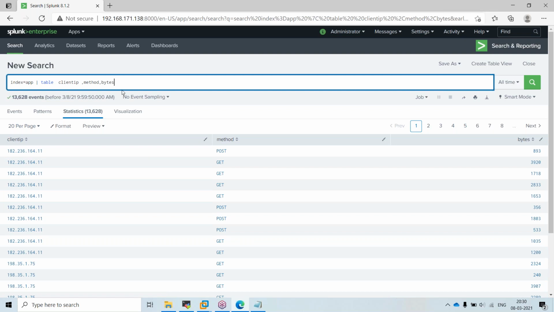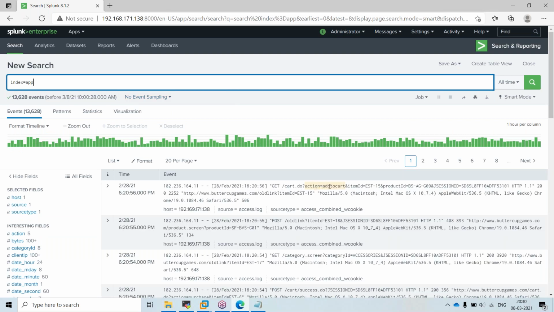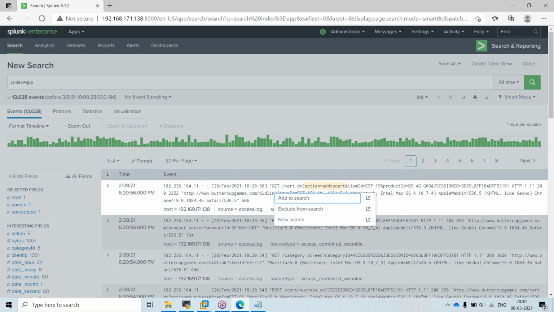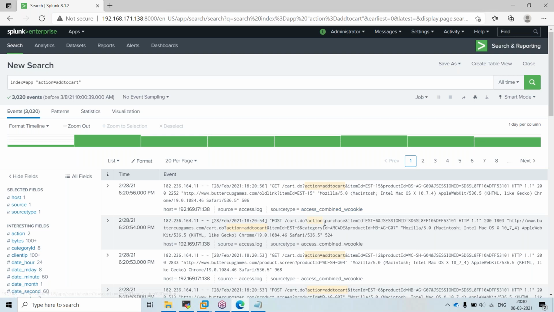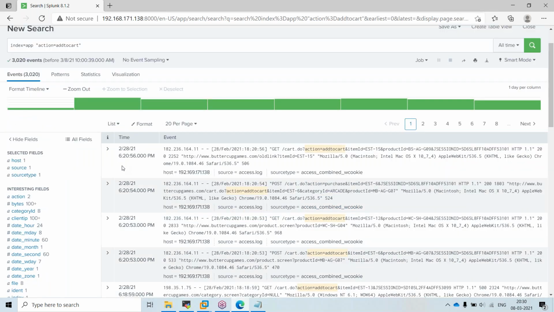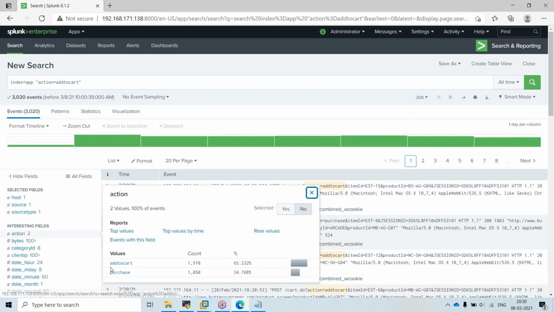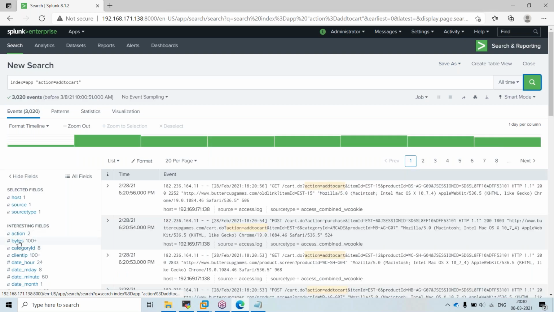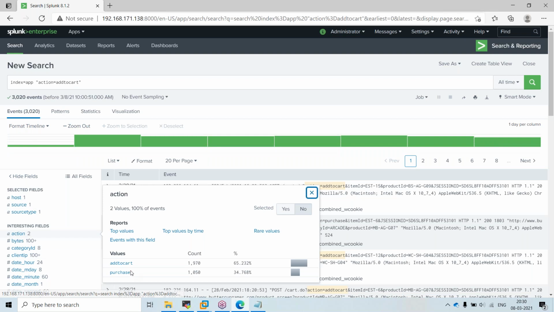Now if you go back to that older stuff, where we had, if you want to search for this, you can directly add it. You can left click and add like this. Now why is it showing add to cart and purchase? Ideally it should be only one. Action is equal to add to cart. Why is it showing purchase?